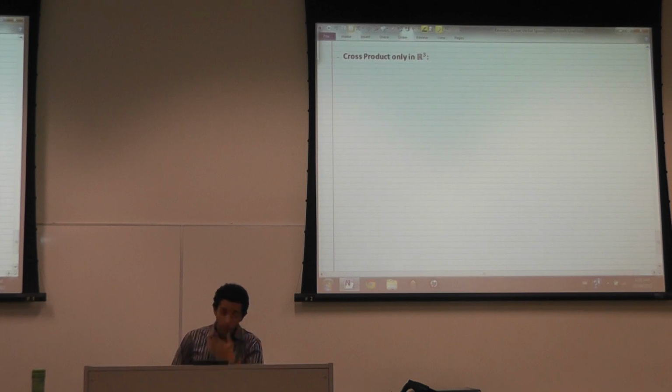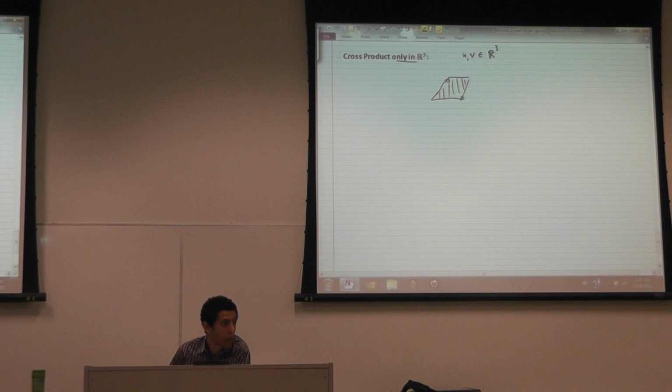The last thing that I'm going to talk about for this first part is the cross product in R3. The cross product is a very important operation that gives me a vector that's perpendicular to two other vectors. If I have a vector here and a vector here, that both are in R3, so this operation exists only in R3. If I have vectors u and v that are three-dimensional vectors, each has 3 components, I can give you a vector z